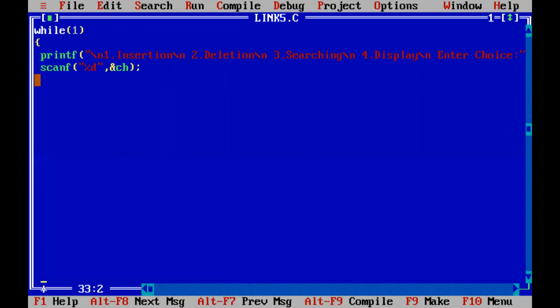So you are going to start with the switch case, right? For the switch case, what variable will you be passing? The variable which you accepted in the scanf, that is ch. After that, we are starting a bracket for the switch case statements. Case 1, the case label is 1, and what is the first case? The first case is insertion, right? For insertion, what all we need? Now you recollect.